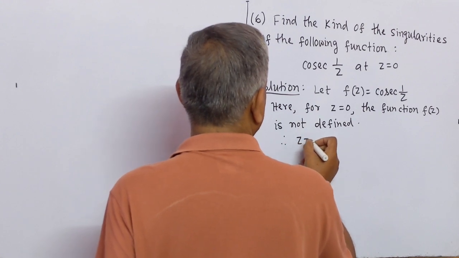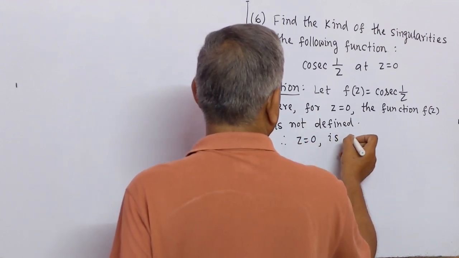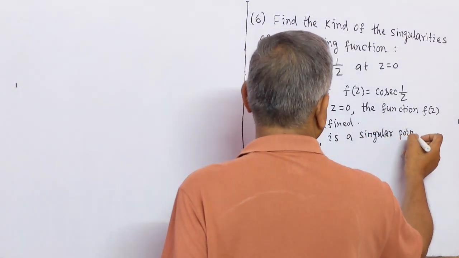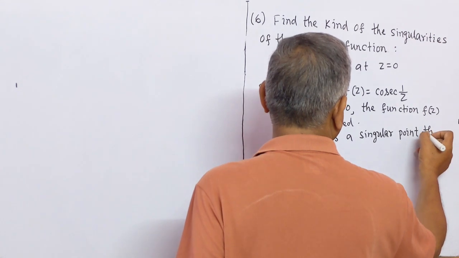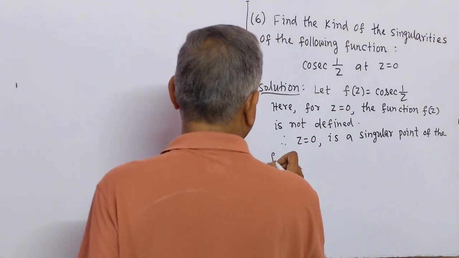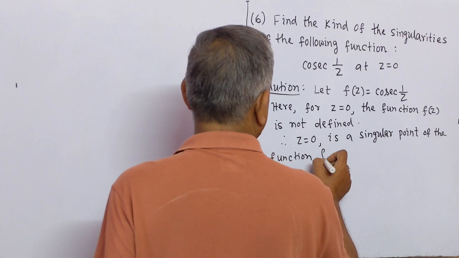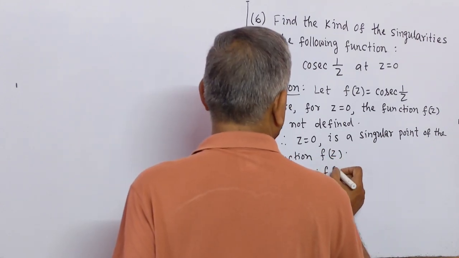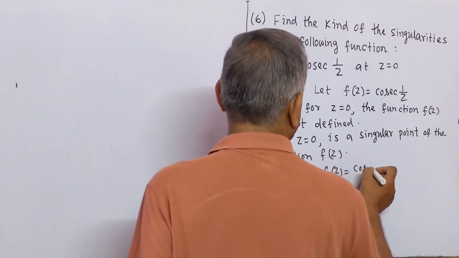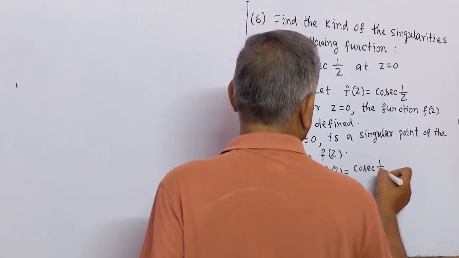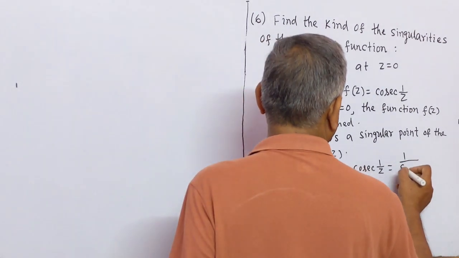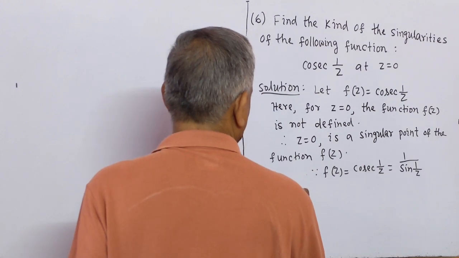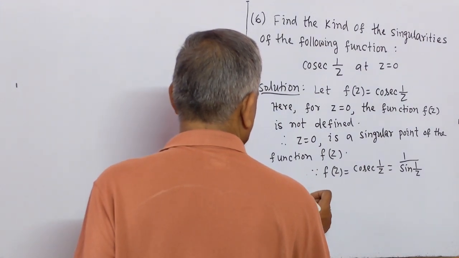Therefore, z equal to 0 is a singular point of the function f(z). Since f(z) equal to cosec 1 by z equal to 1 by sine 1 by z, for singular point,